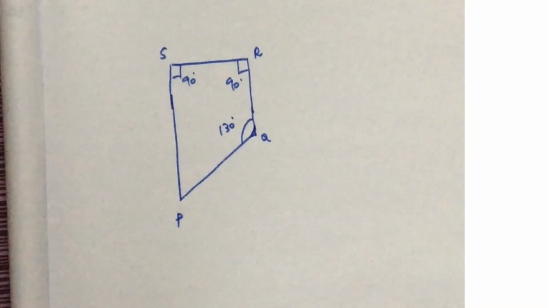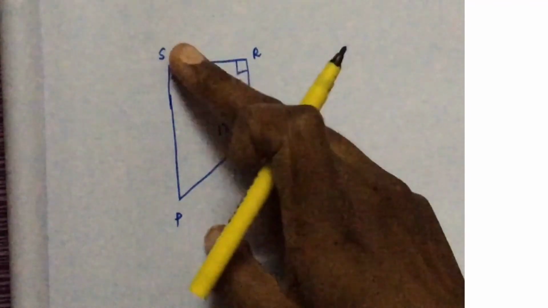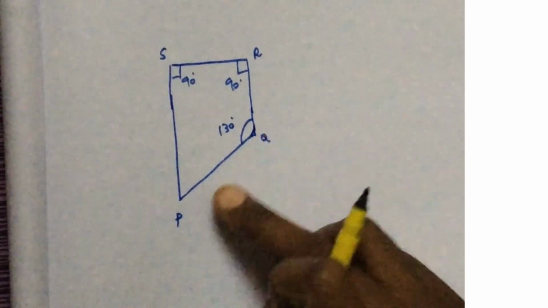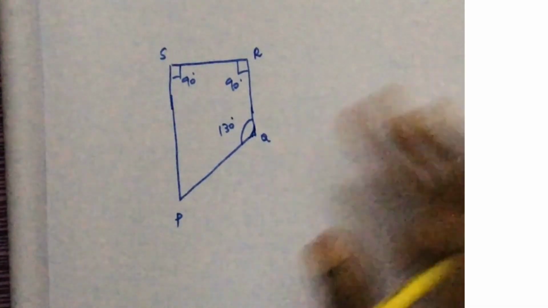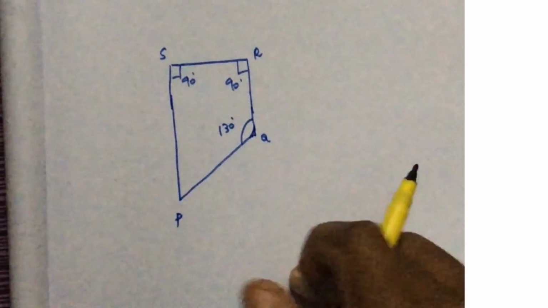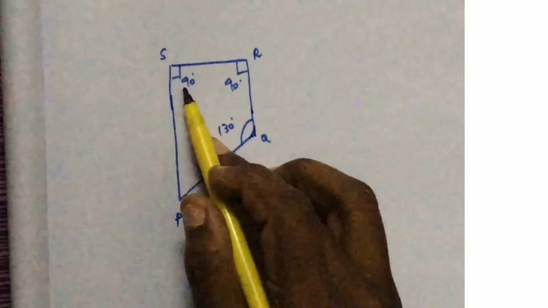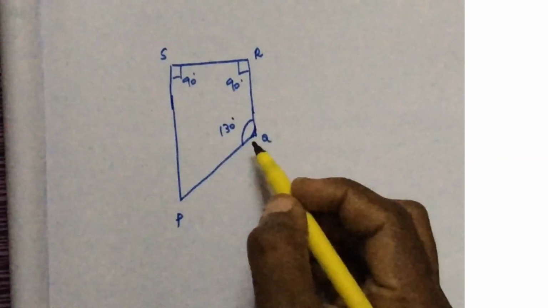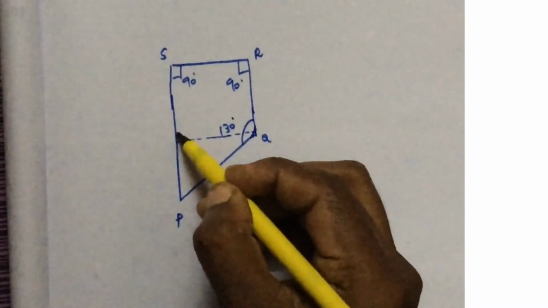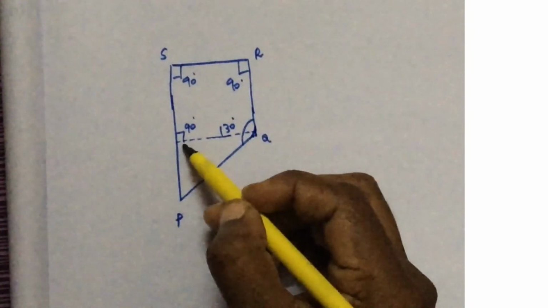One more thing I want to say here is, last time we got P by considering these two lines as parallel and P and Q as interior opposite angles. So we added P plus Q is 180 and from that we got P. Is there another way of doing that? If we know these two are 90 and 90, what we can do is draw a line like this. This is a straight line, which makes this 90. This is 90, so this is also 90.